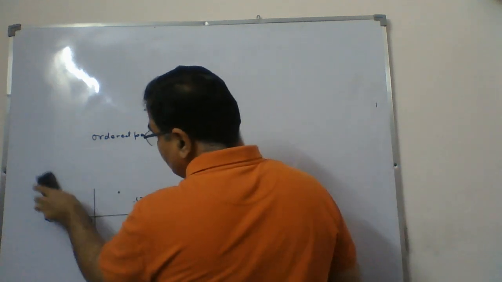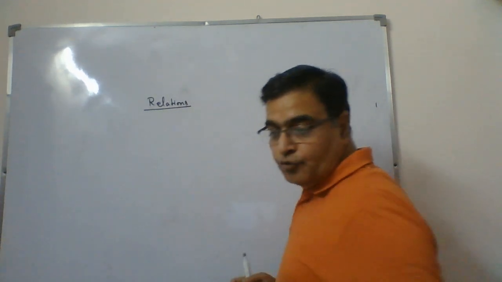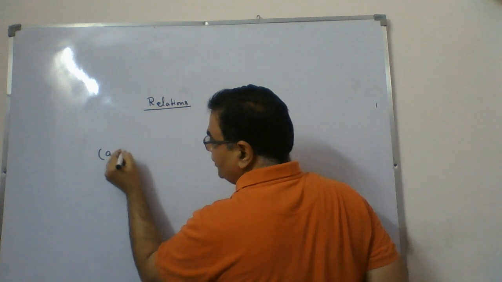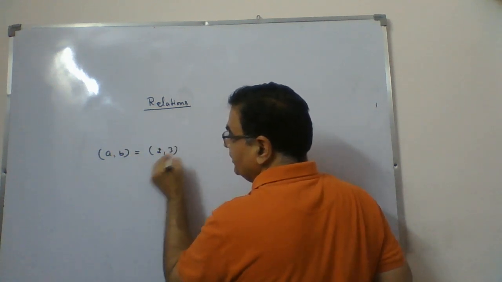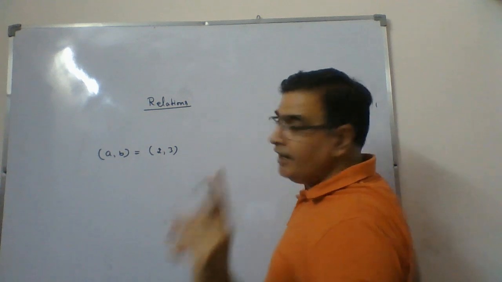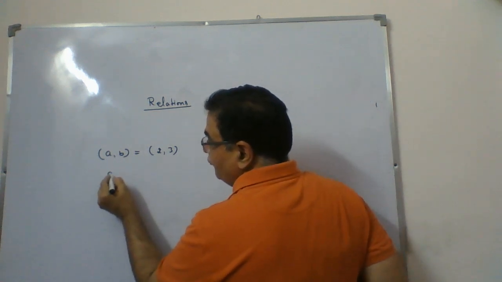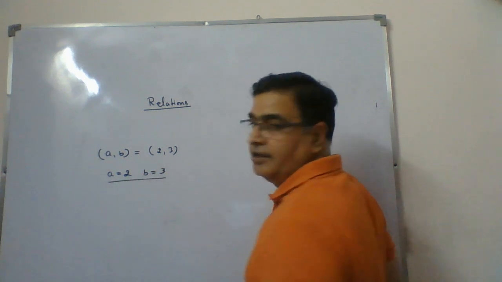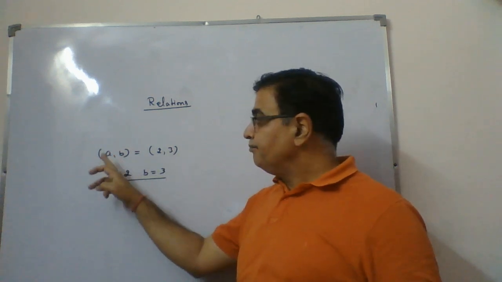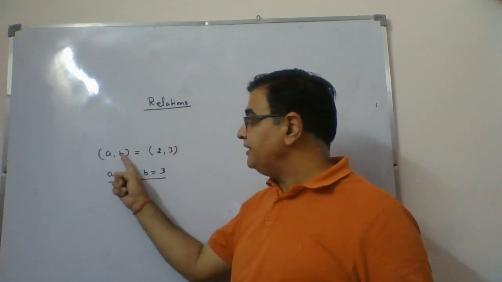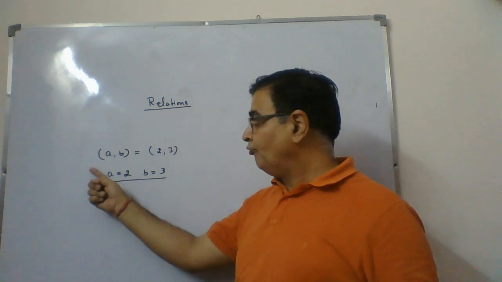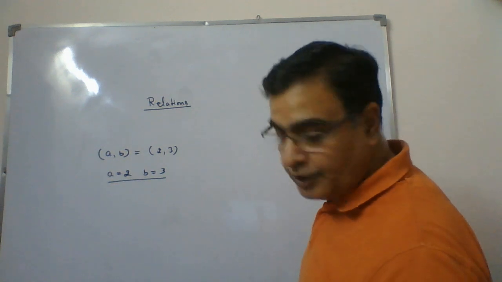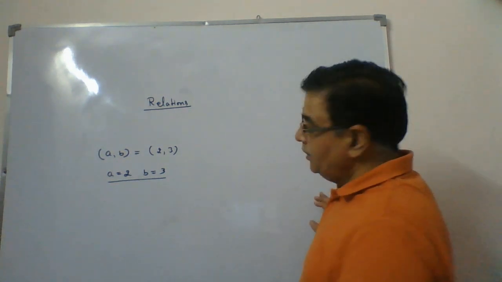After that, the next thing we have done is when two ordered pairs are equal. Say one ordered pair is A, B and the other is 2, 3. If someone says they are equal, that means the first element should be equated with the first, and the second with the second. Whenever ordered pairs are equal, whatever the first element is here should be the first element there, and whatever the second element is will be the second element. You should keep that in mind. So this is the equality of ordered pairs.